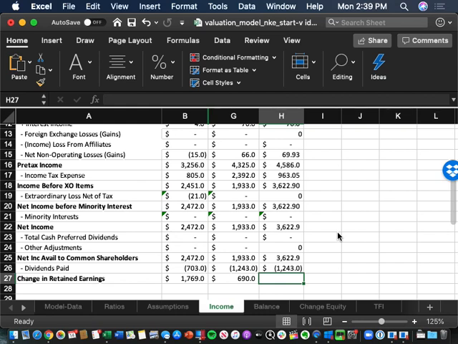So this is a very important data source issue that comes up in the real world. Bloomberg gives you expenses as positive numbers. Bloomberg gives dividends as negative numbers. So if we're following along, we've been subtracting the expenses all along the way. If we subtract the dividends, then we're going to have a double negative, and it will effectively add the dividends, not subtract the dividends. So that's just something we learn about the tool of the data source we're using. So even though the formula is net income minus dividends is change in retained earnings, it's going to be equals net income plus the negative dividend equals change in retained earnings,